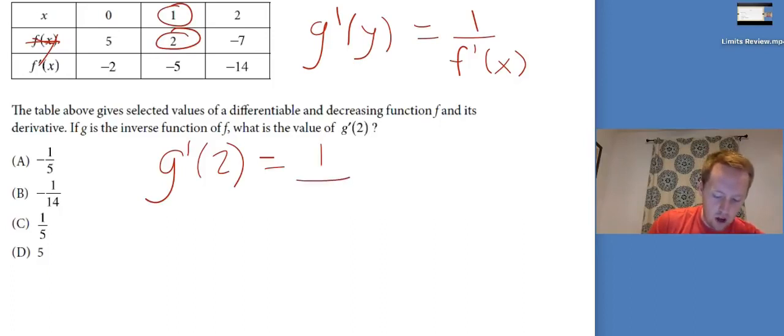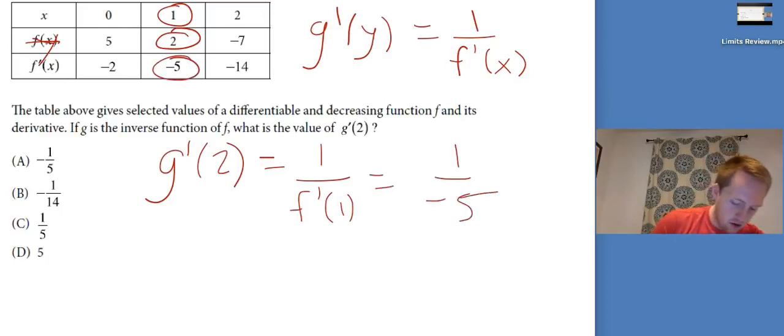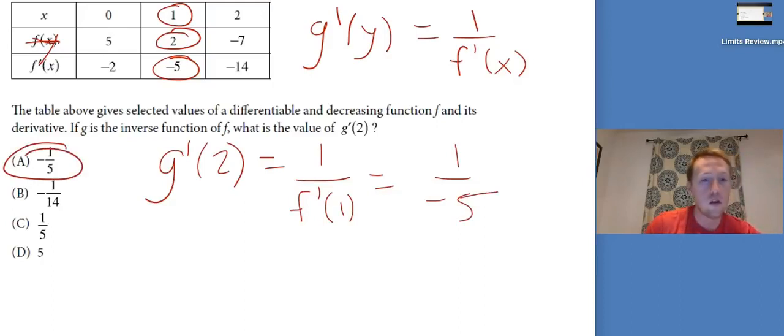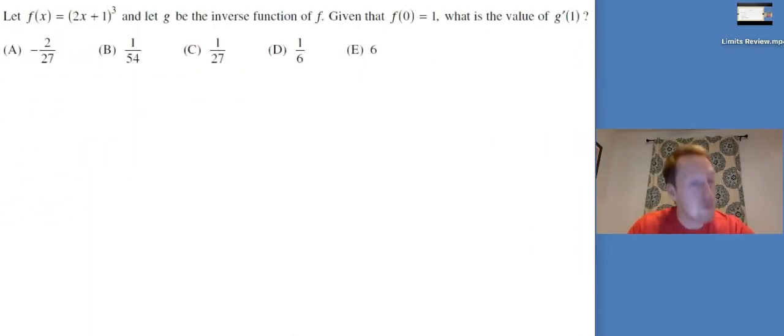So we want 1 over f prime of 1, which f prime of 1 is negative 5. So that's 1 over negative 5. Okay, that looks like A. Cool. That's our answer. Didn't even need to know what f and g were. But if you do know what f is, this is a kind of problem where you could sit there and try to find the inverse. Maybe it's a function where you can do that, but it's just so much easier to realize, oh, g prime of 1,